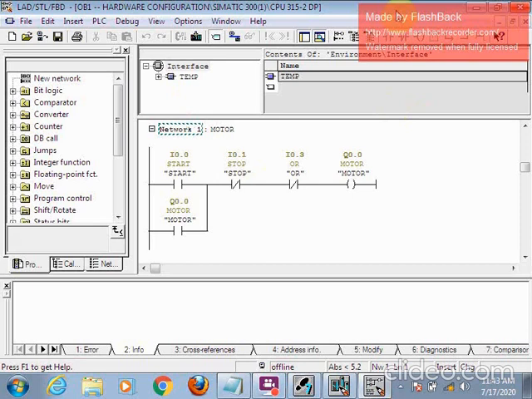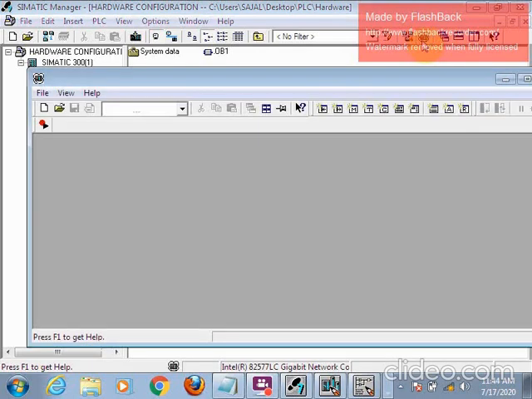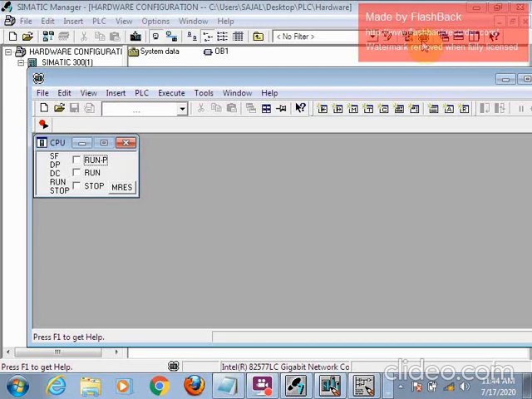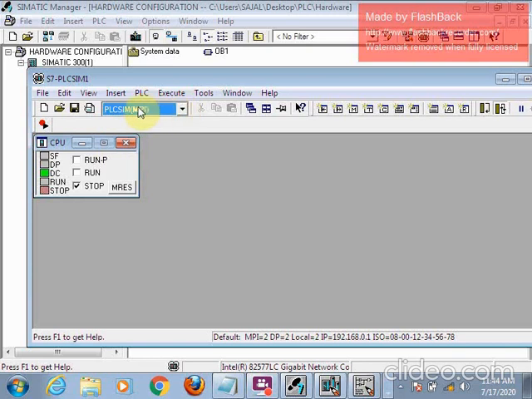Since we do not have the original CPU here, there is a virtual CPU, you can say, just for testing our program, generally used by programmers when they do programming at home to test their program. So there is one virtual CPU of this type. So we have to first set the PG/PC interface.